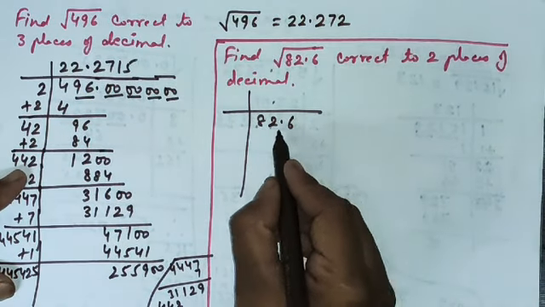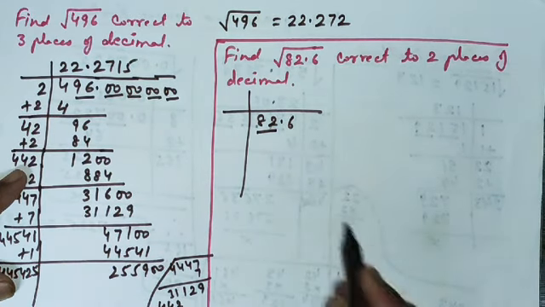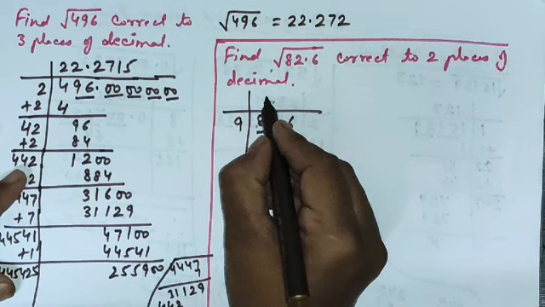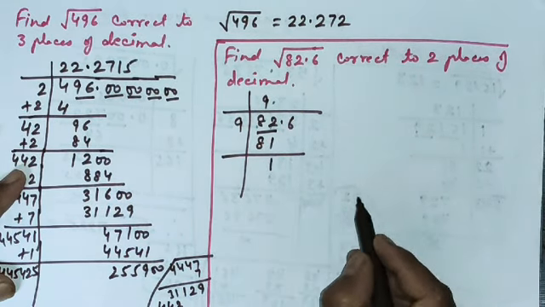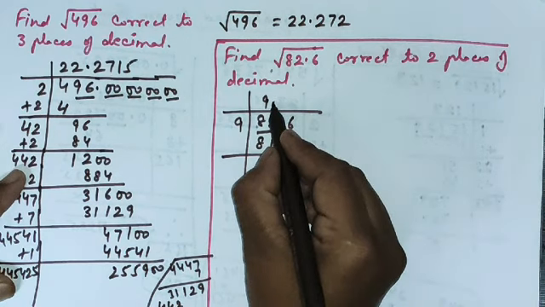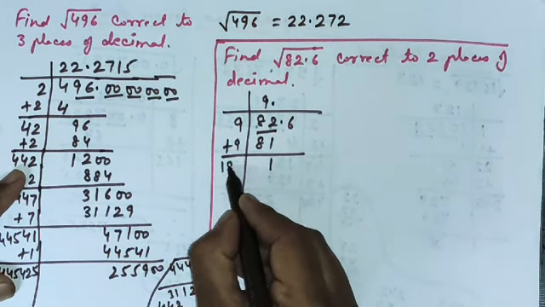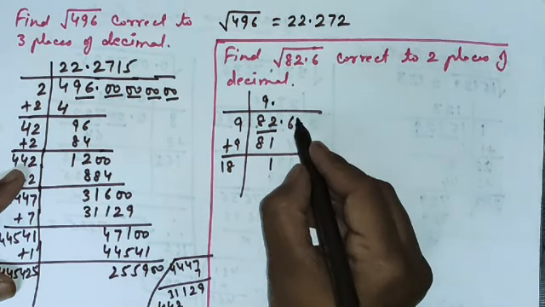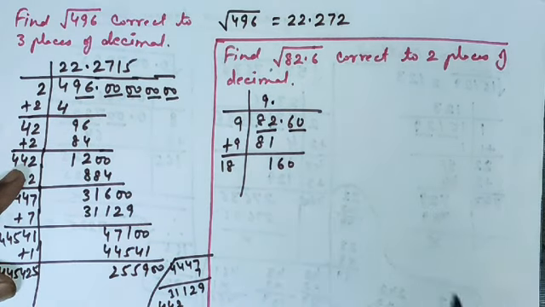Now 82, see here at the left hand side of the decimal, we have to make the pairs from here. So 82, 9 9s are 81 we know. So 1 9 here and 1 9 here, 9 9s are 81. So 2 minus 1 is 1. Now this decimal I will write here, and this 9 I will add here. 9 plus 9, 18. Now this 6 is only one digit, so I have to add 0 here to make it a pair. Now I will carry this pair down.